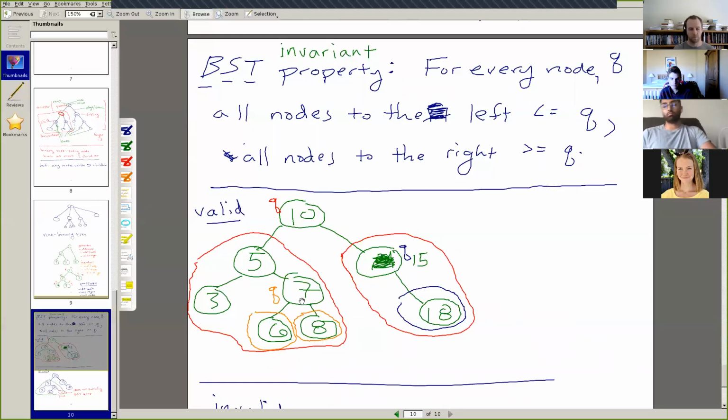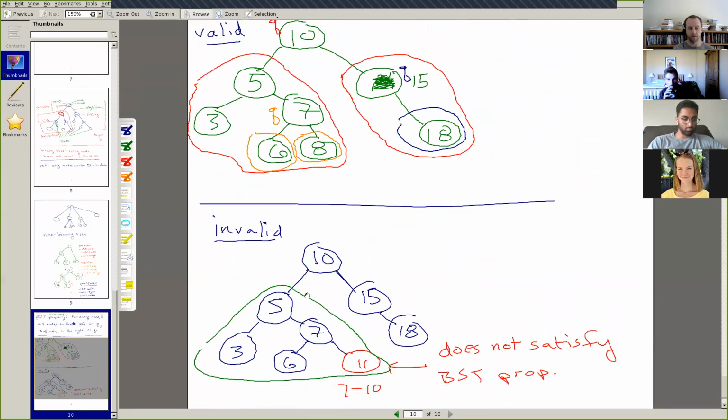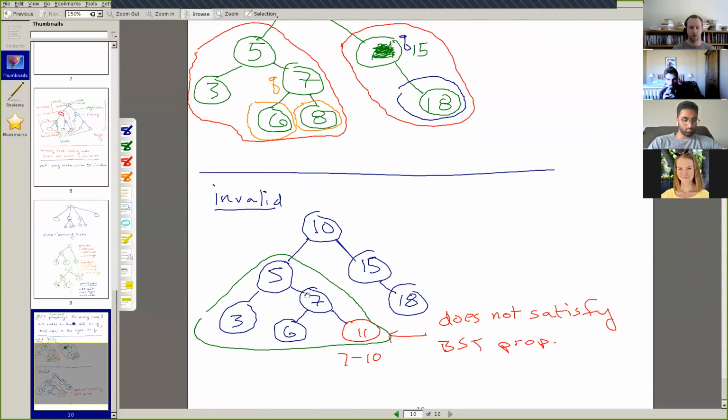So then when we make the child nodes, are we only considering the parent node? Like what if the 8 was an 11 instead of an 8? Yeah, so if the 8 was 11 instead of an 8, then we would not have a binary search tree. We would just have a binary tree. And at this point, we haven't talked about how you actually create binary trees. We've only talked about somebody magically giving you a valid binary search tree. What can you do with it? And the answer is that you can do this fast search with it.